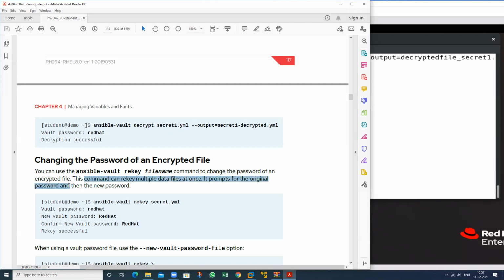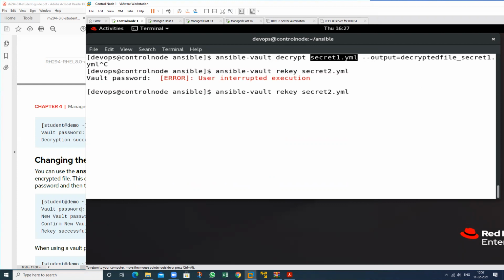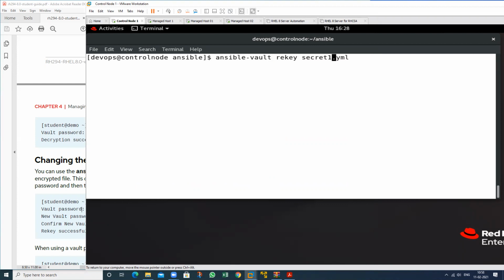It prompts for the original password, then it will prompt you for the new password. So first the old password, then the prompt for the new password. So what is your new password? Here read it in a simple format, there is no capital. So you can change the password. How can I change the password of which one? This is my file. So I want to change the password to 123.